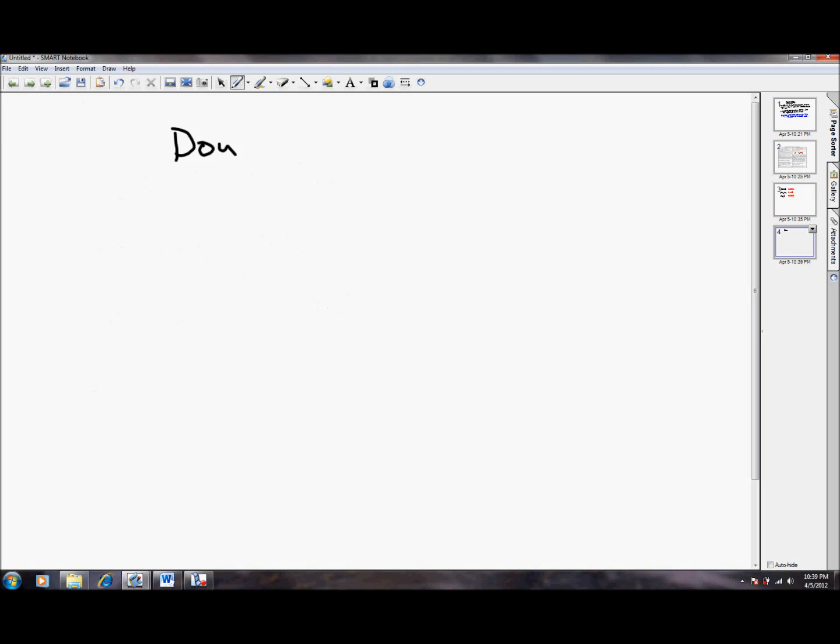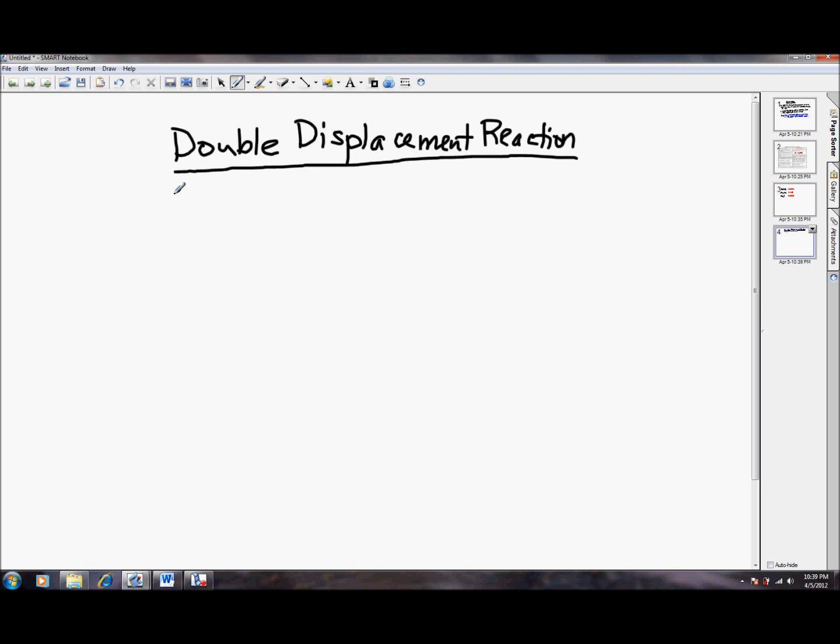Alright, the next thing we're going to talk about is using this concept of solubility in a type of reaction called a double displacement reaction. Now we talked about single displacements, so what's double displacement? Double displacement is a reaction between two compounds